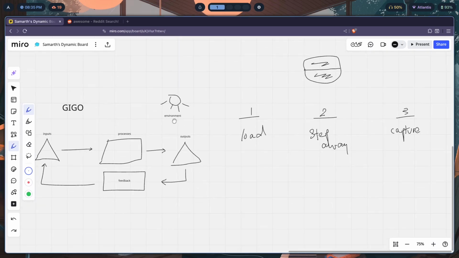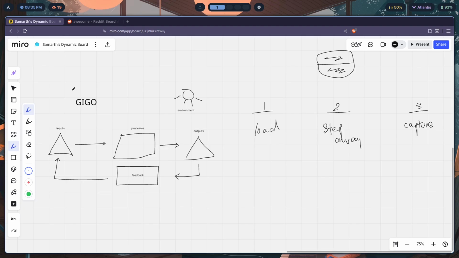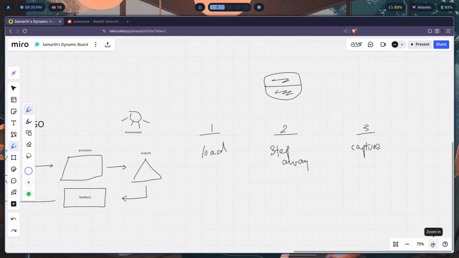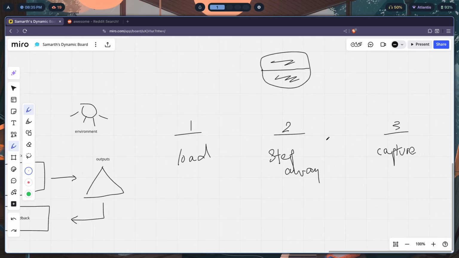Great. Now I have taught you GIGO, which is garbage in, garbage out, system theory, and how a system actually works, along with the creative process and how to actually be creative. Load up on information, step away from the information for some time, wait for the ideas to kick in, and don't judge the ideas. I should have told you this before, but whenever ideas start flowing, you do not want to judge the ideas. Because when you start getting the conscious brain involved in judging the ideas that the unconscious brain is spitting out,